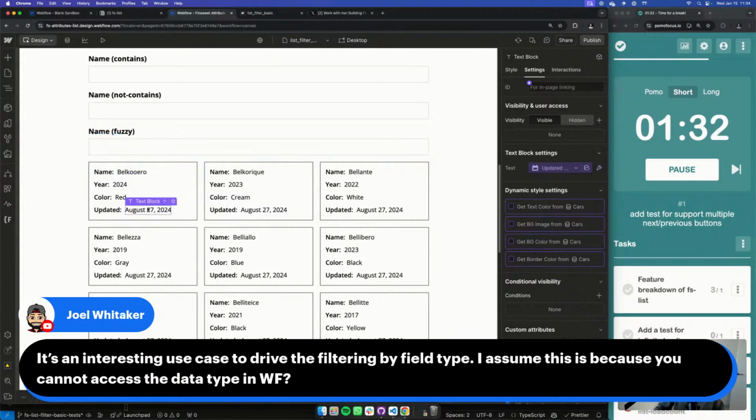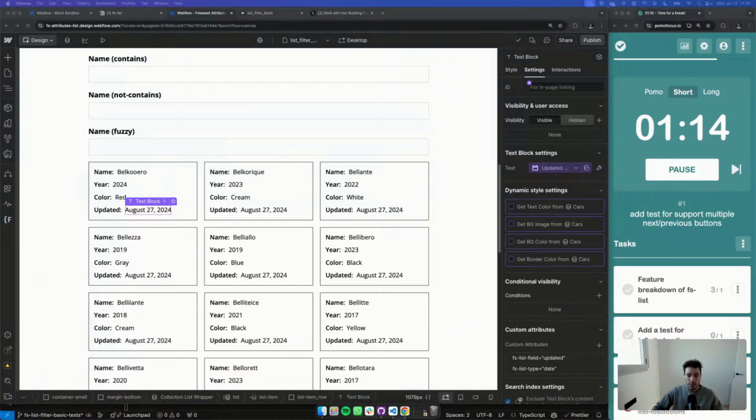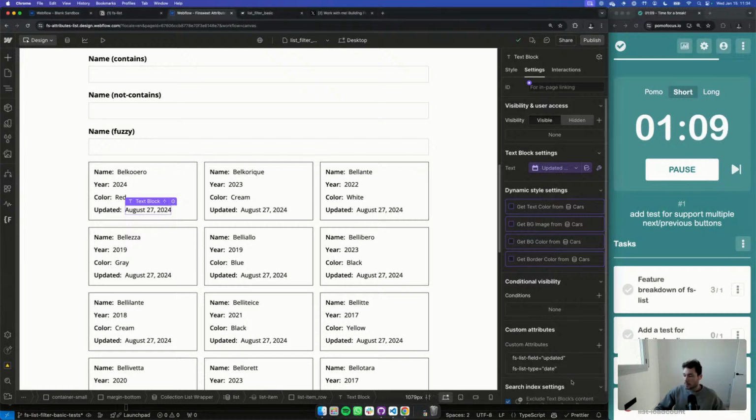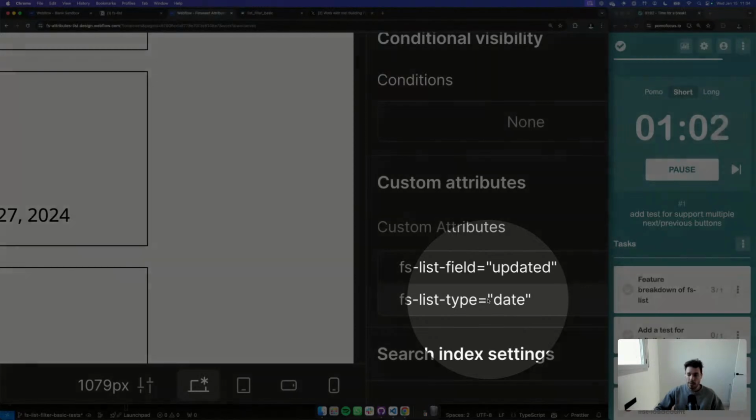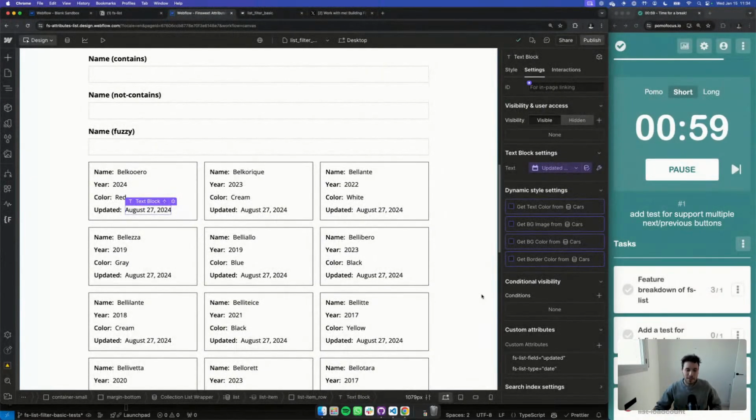Because if we just treat everything as strings, then the filtering will not match correctly. It's not the same matching something when it's a date than when it's a simple string. The comparisons, the equalities, the filtering itself changes. So that's why there's this additional type attribute that allows us to say, oh, okay, this is actually a date. We need to check for that. Potentially there are ways to infer if there's a date.